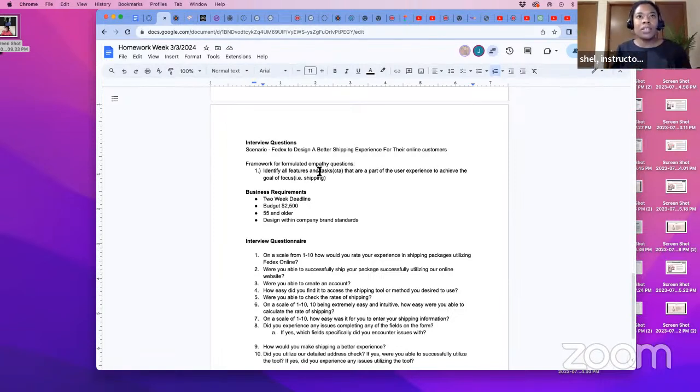I'm going to say features, tasks, and steps. So identify all features, tasks, and steps that are a part of the user experience to achieve the goal of focus, and in this example the goal of focus is shipping. Once you do that, the second part of the framework for you to follow is to ask questions